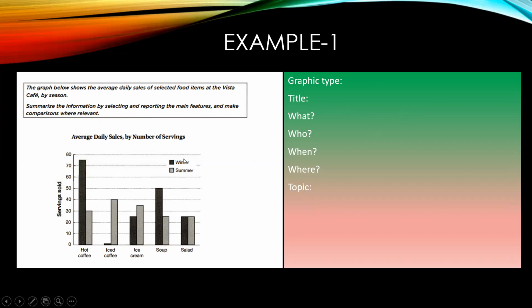Clear? Now, where? We can answer where. The place is Worcester Cafe. Okay, when? They have not mentioned any time. Okay, the time is also given: winter and summer. Got it? So what should be the topic? We need to understand that. It means the topic should be the average number of servings of certain food items sold daily in the winter and the summer. That's it. Nothing else is really required. So it is so easy. You will have to understand the thing. Now,